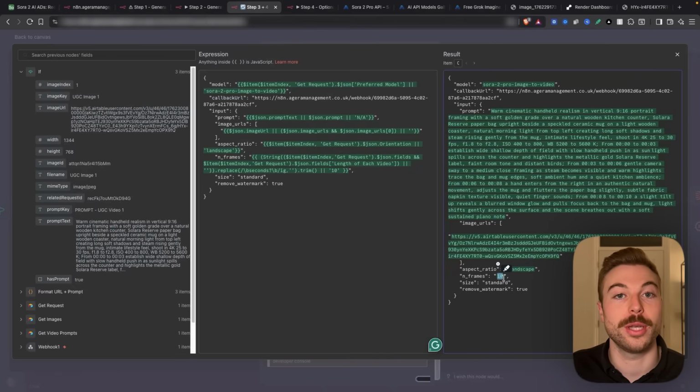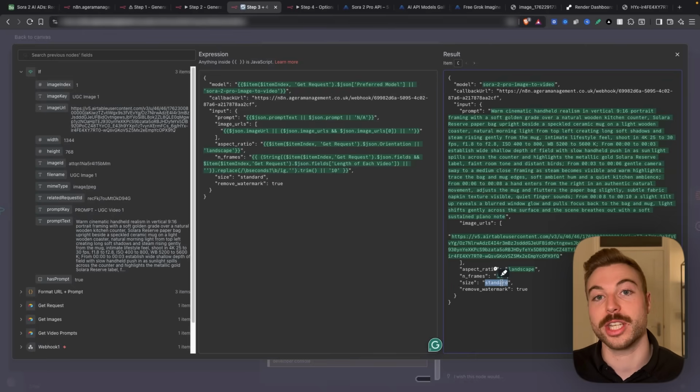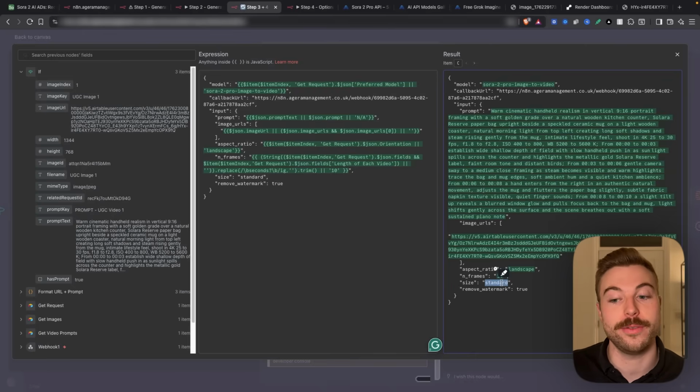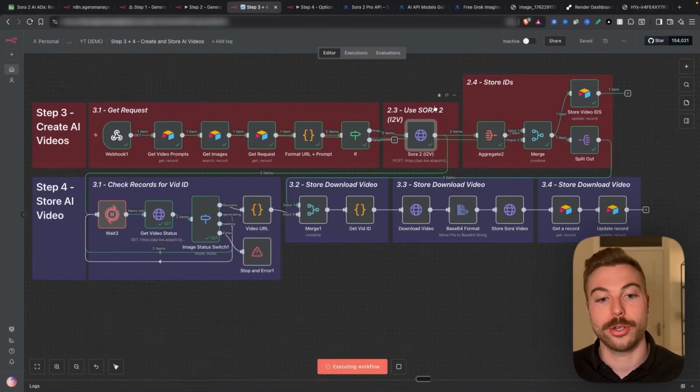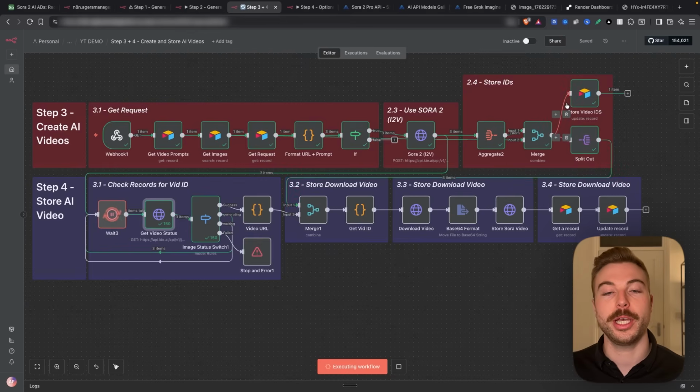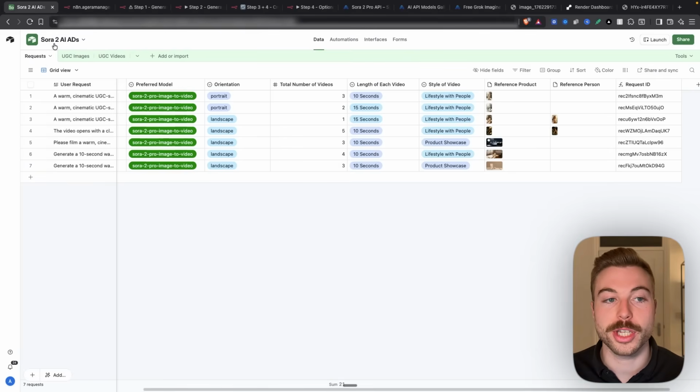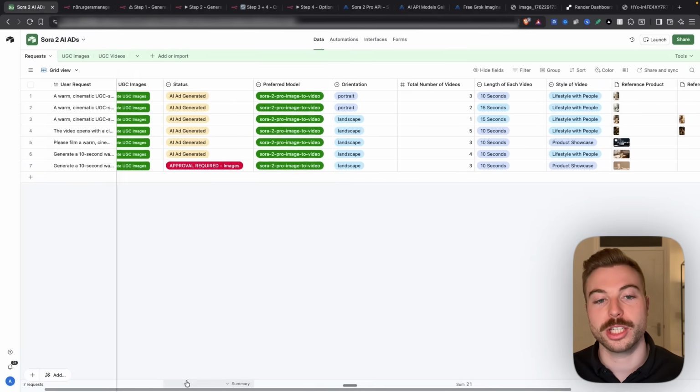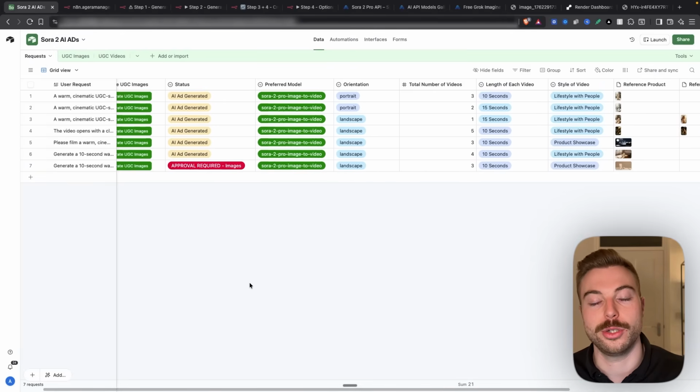We've got number of frames at 10, and the size is standard, or if you wanted to change that to be high for higher quality videos, you can do that in here as static or dynamic as well. Now that we've sent that request off, we're going to keep looping through until those videos are generated. What we've also done up the top here is stored all of those video IDs for us to be able to reference. So whilst they're still generating in the background, which takes around 5 to 10 minutes to do for the normal version,